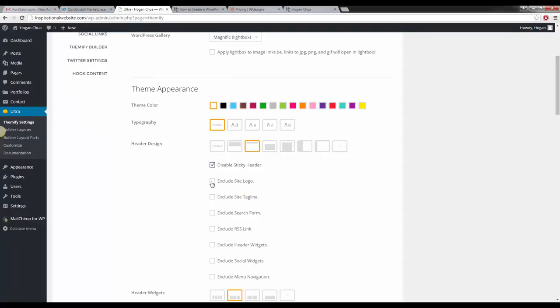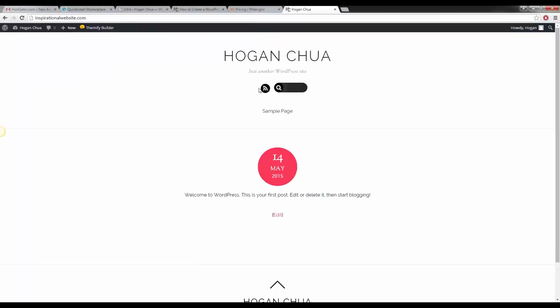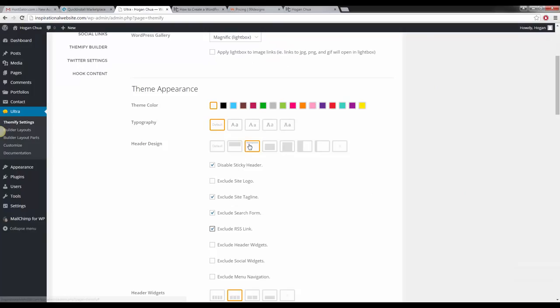I'm going to keep the site logo. I'm going to disable the site tagline, exclude the search form, exclude the RSS. This is the search thing and this is the RSS thing. So disable that, disable the header widgets, disable the social icons as well. Make sure you leave this one because you want it to show your menu navigation. So scroll down